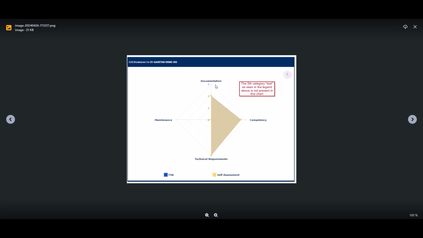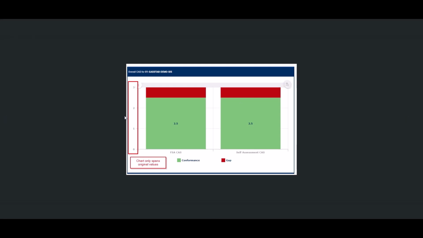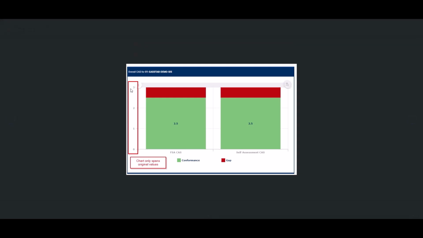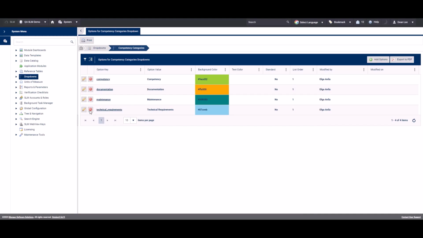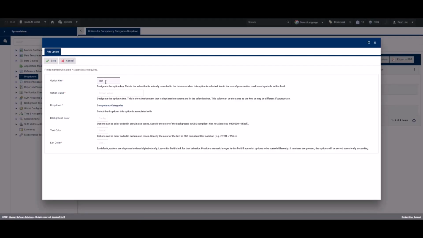It was just showing the hard-coded 4 original categories. And the same goes for the overall CAS chart here. If the user was to add additional scores, the y-axis was hard-coded and was not changing dynamically. If we come to the System module and we come to the drop-downs, come to the competency categories, if we add a new option, just call it Test 1,